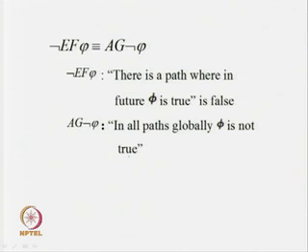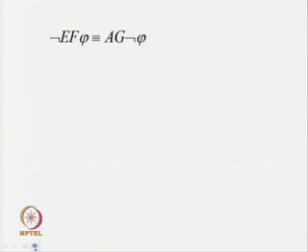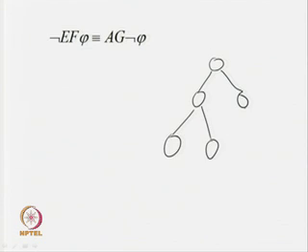Of course, you can get the internal feeling or intuitively you can say that yes, it is true, because there does not exist any path where phi is true, and it happens that in all paths globally not of phi must be true. Again, just come back to look into some model, because we are going to define the meaning of this CTL formula on a model. So, you just see that we are going to say that there exists a path in future phi is true and the negation of this one is true in this particular state S, and A g globally not of phi, so in all paths globally not of phi.